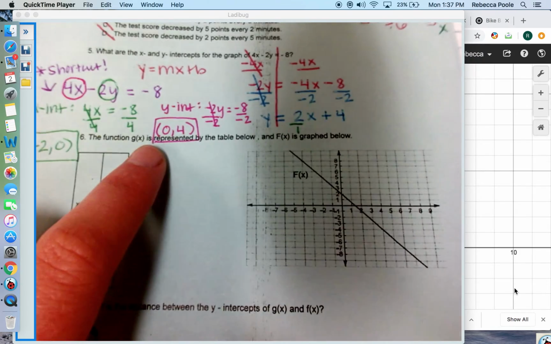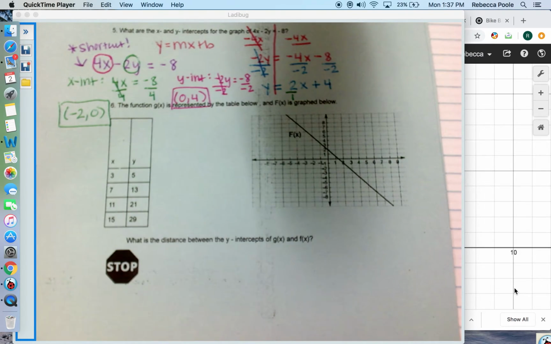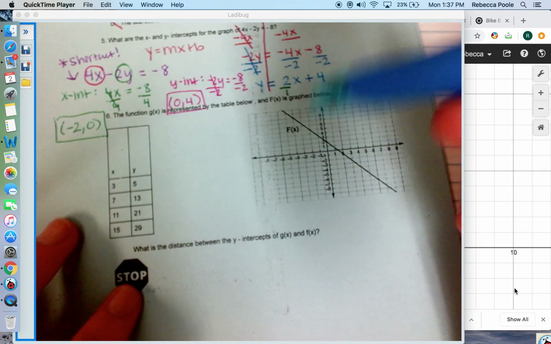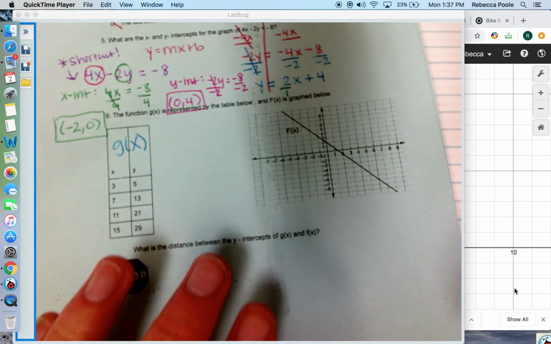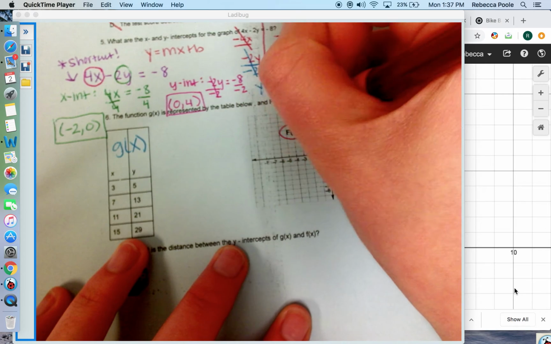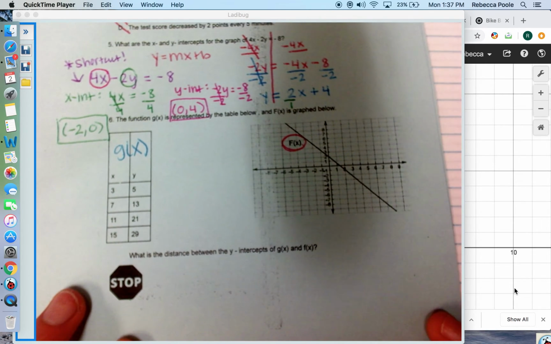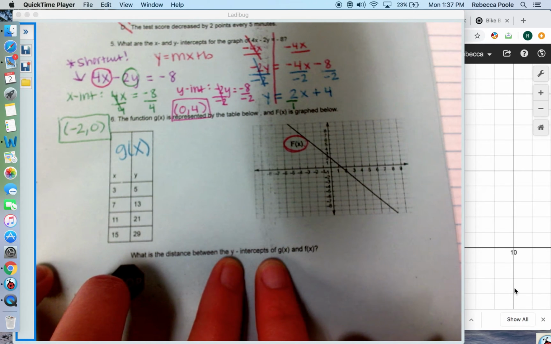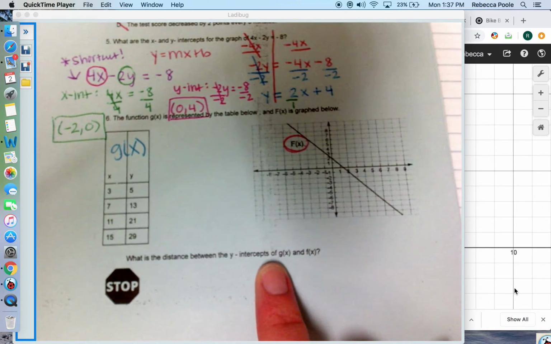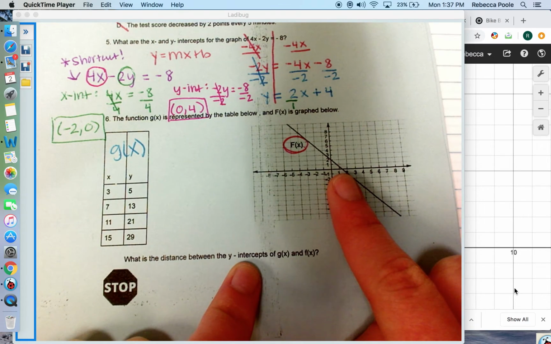So the function g of x is represented by the table and f of x is graphed. All right, so I'm just going to label g of x as this table. And they said f of x was the graph, and they've already got that up there for you. So between these two, it says, what is the distance between the y-intercepts? All right, so what I did for this one, again, the y-intercept from this graph should be really easy to